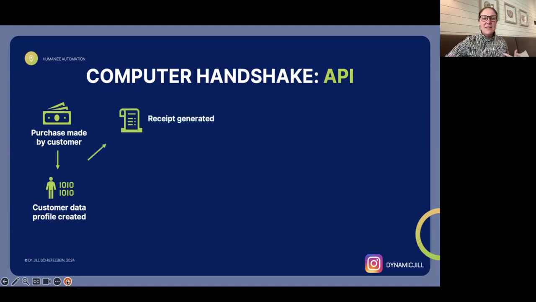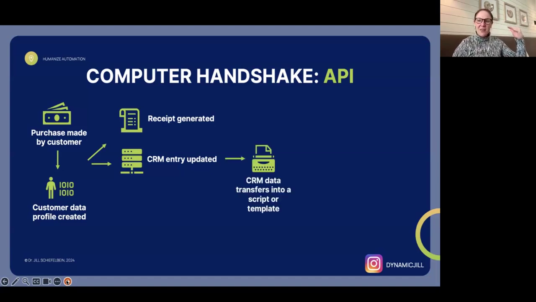Then if you have things integrated, you're generating a receipt. This is those normal emails that you get back, like, thank you for your purchase, your order number is basic text, blah, blah, blah. Okay, great. We got something. We like to have those, but it does nothing special. It's not breaking the status quo until you have an automation in place. You get that CRM, your customer relationship management system, that entry is updated so you have a good data source that is organized. Then that transfers through what's called an API.